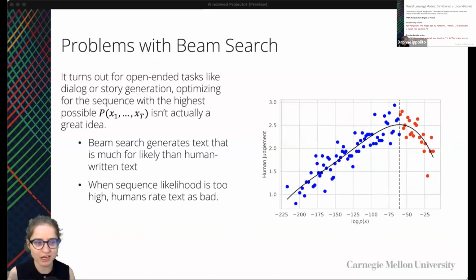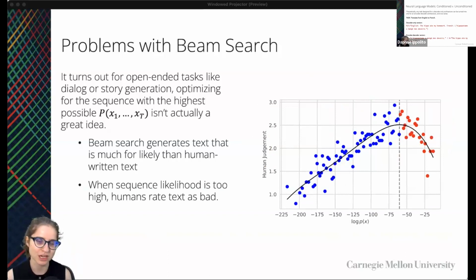And so something else that we've observed, which I've called the likelihood trap, is, so I'm showing a plot here where we have the probability of a sequence, like the overall log likelihood of a sequence, on the x-axis, and the y-axis is what rating people gave this sequence. So we had a bunch of sentences that were generated, and we asked human raters, what is the quality of